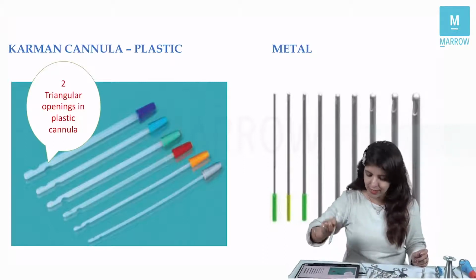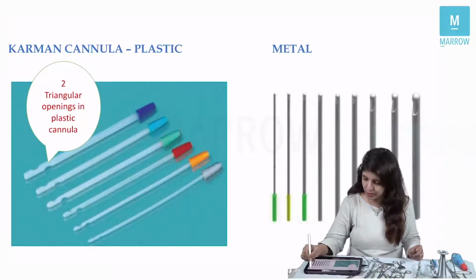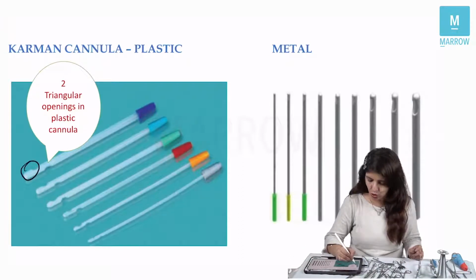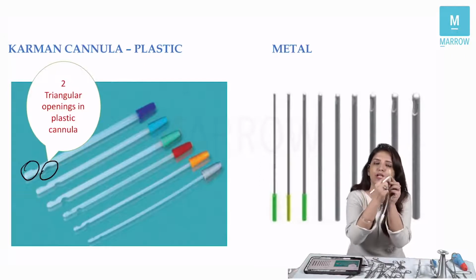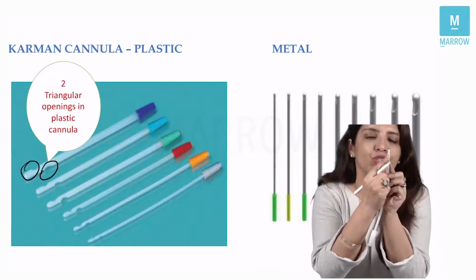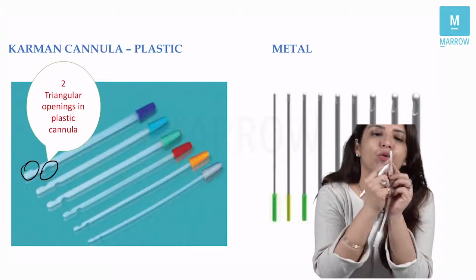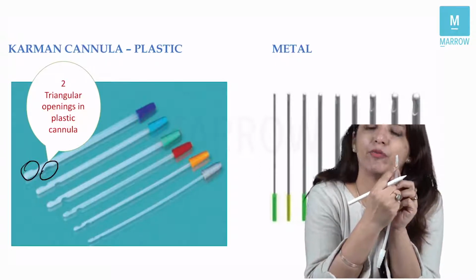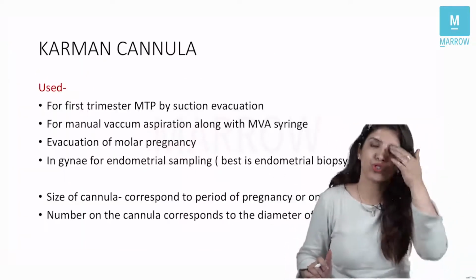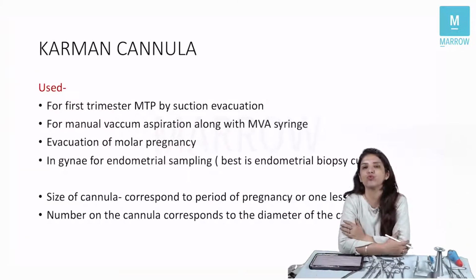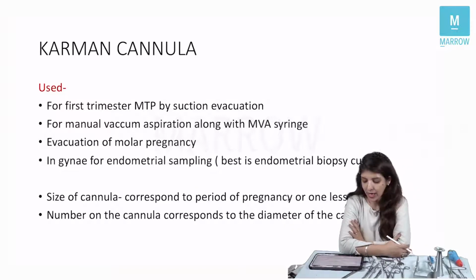Here you can see I have marked it for you on the image as well, that you are going to identify it on the basis of two triangular openings. Can you see two triangular openings? Yes. So on the basis of these two triangular openings, you are going to identify the Karman's cannula. Now, where is Karman's cannula used? See, it is used for doing suction evacuation for the first trimester, that is at less than 12